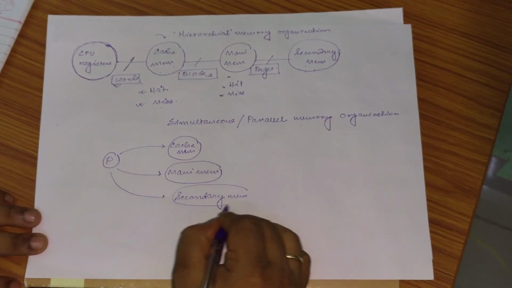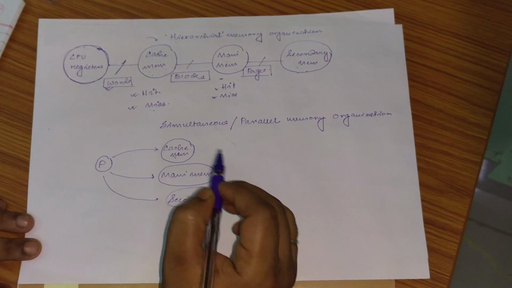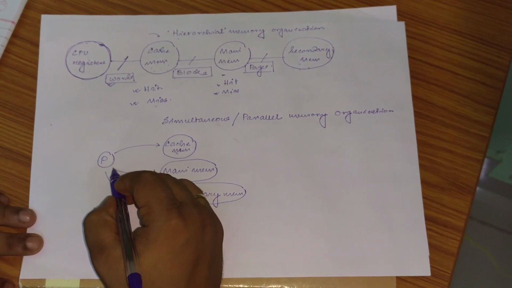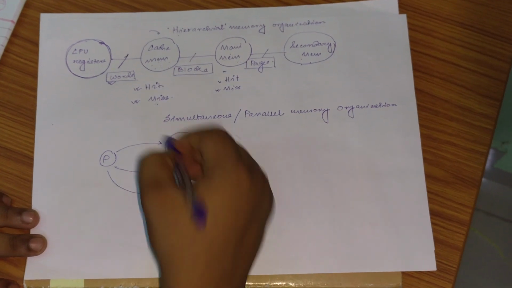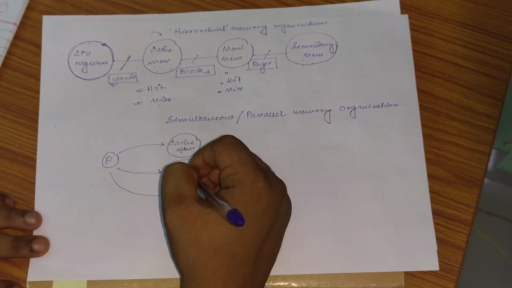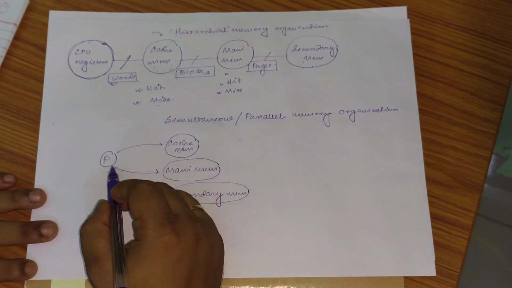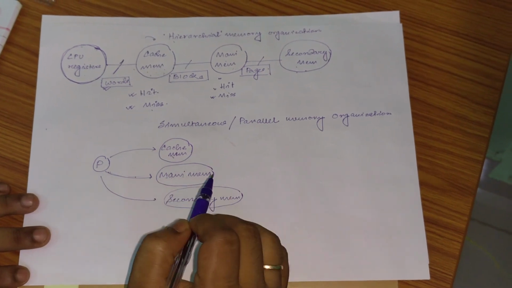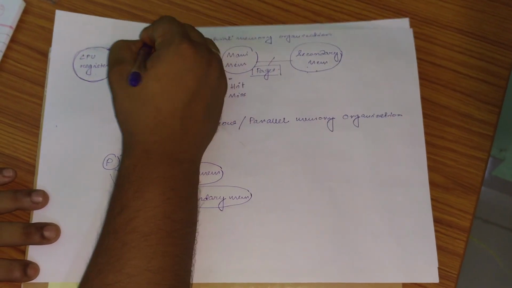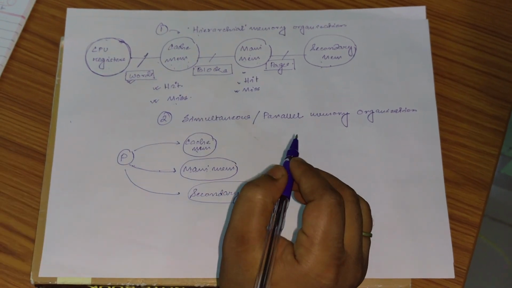So, if we don't find the word in cache memory, if it is a miss, then if we find it in main memory, we can directly access it from main memory. Unlike the previous one, we don't have to move the word from main memory to the cache memory and then access it. Here the advantage is that we can directly access it from the main memory, and similarly for the secondary memory. So these are generally the two organizations which are followed depending on the architecture of the computer.